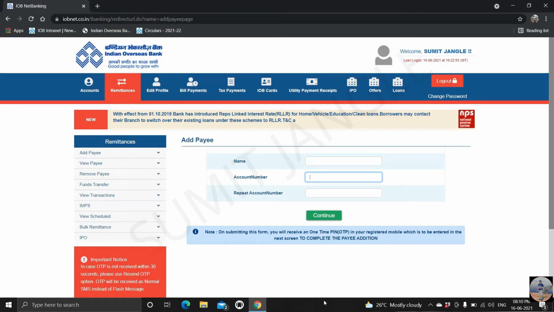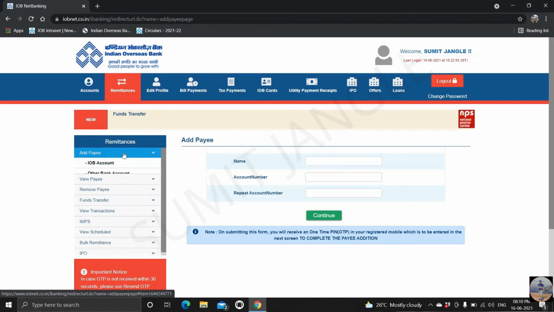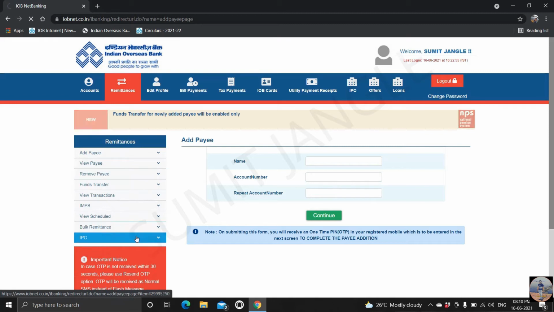Again, a shortcut will not do. So you better ask the person to give you his 15-digit account number, have that account number in front of you, and then start feeding so that you do not add a wrong account number. Pick the same number and continue. You will receive an OTP on your registered mobile number. Simply give the OTP and the number will be added. If the payee belongs to some other bank, then we will choose the second option.